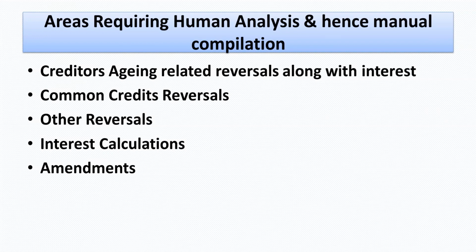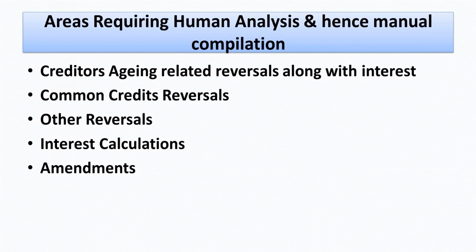At the same time, rule 42 and 43, I'm so sorry. At the same time, a YTD reversal, or the true up, what we call, for the whole year, we need to arrive at the taxable supplies and exempt supplies and do these YTD reversals as well. So these are the things where we have to keep a track manually and do it. And some other reversals, let's say we claim something which we were not supposed to claim, so now we are reversing it.